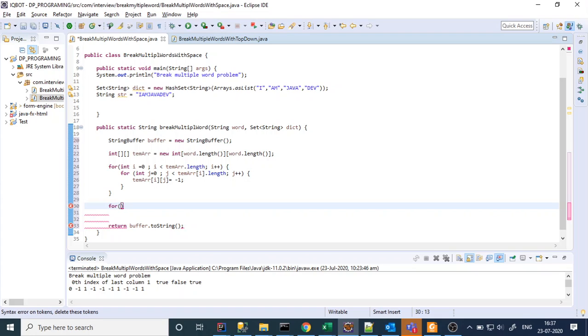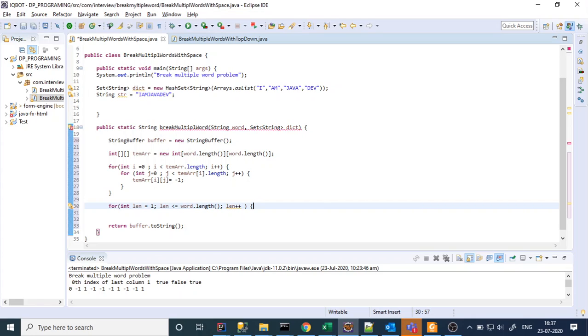First condition is that for every length I will initialize with 1, and the length value will be less than or equal to word.length, right?